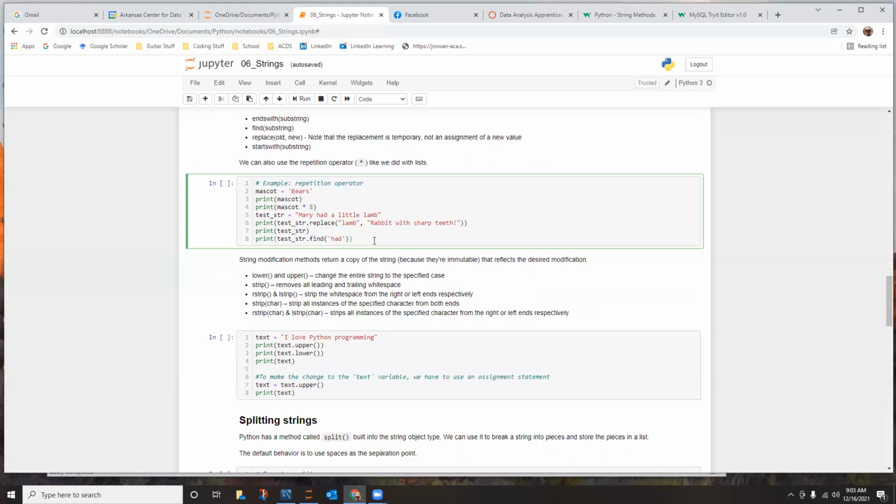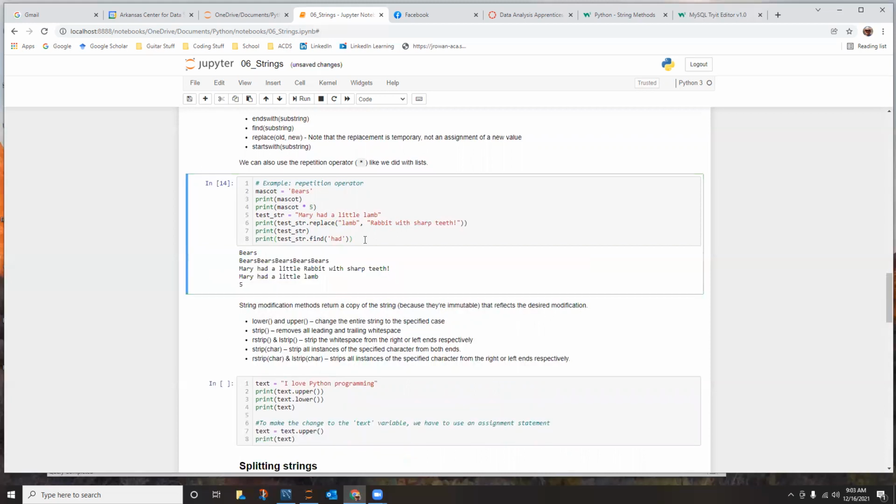So we're going to set our variable mascot to bears, print it out 5 times. We're going to declare another string: Mary had a little lamb. And then we're going to replace lamb with rabbit with sharp teeth, because this is Python, which was named for Monty Python. So that's where